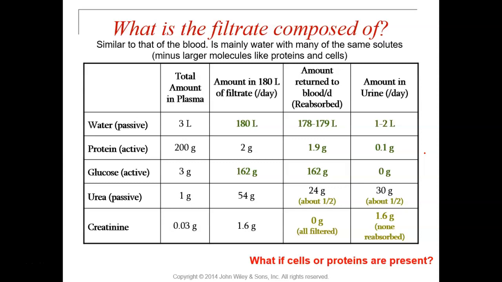proteins. You see the amount of protein within the urine or within the filtrate is only around 2 grams. There's a small amount of protein which makes it into the filtrate, and for a couple of reasons. One, proteins are negatively charged, which impedes their ability to cross the wall, but two, they're quite large. Because of that, that significantly impedes their ability to cross the capillary and the glomerular wall. But you can see the vast majority of